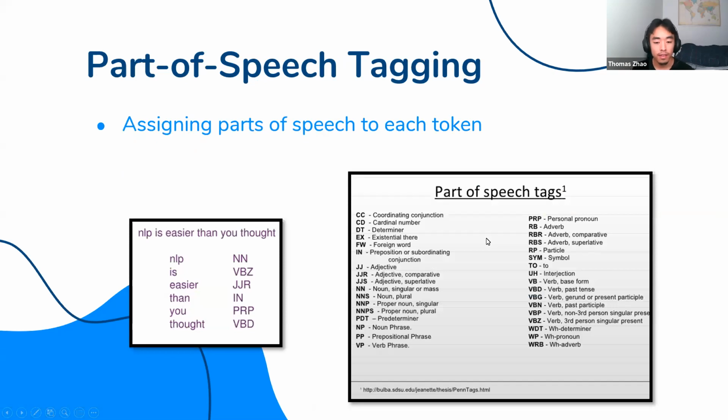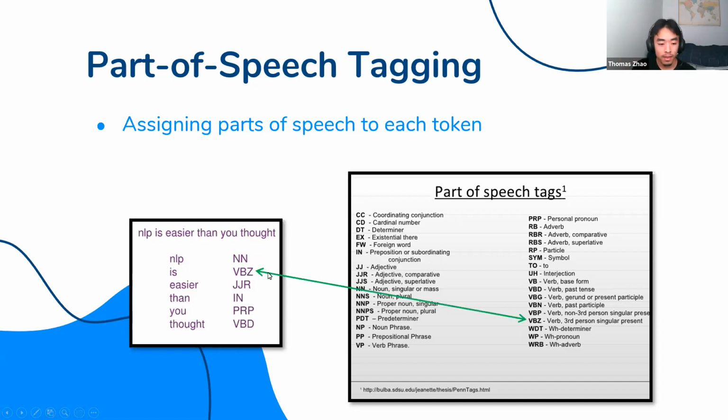So once you have these words and you have these sentences, you can tag them with part of speech. And part of speech is pretty necessary for comprehending a sentence, right? I don't know if you guys remember your grammar classes, but a sentence has a subject, has nouns, adjectives. And so you can see the sentence NLP is easier than you thought, converted or tagged with these part of speech tags.